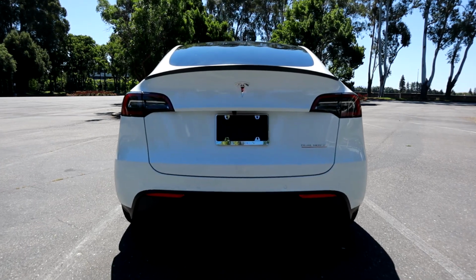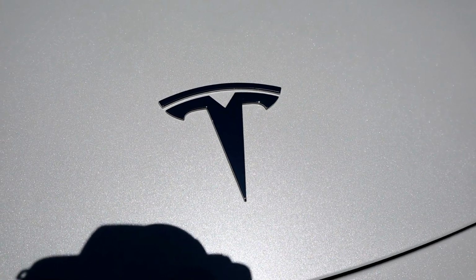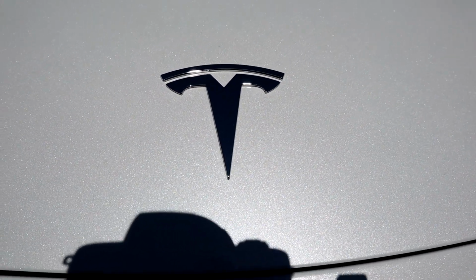And it's always fun to just romp it and get thrown back in your seat. And that can't be discounted. Like any crossover, it's going to be a little bit bigger than a sedan. And that's really useful for us because there's more room. And for us in particular, we have 2 dogs. And so we throw them in the hatch in the back, and it just gives us so much more room